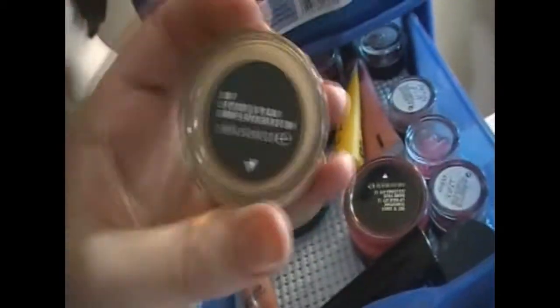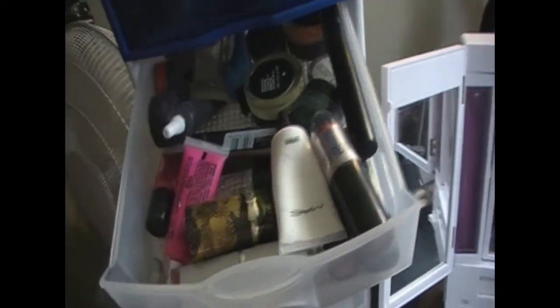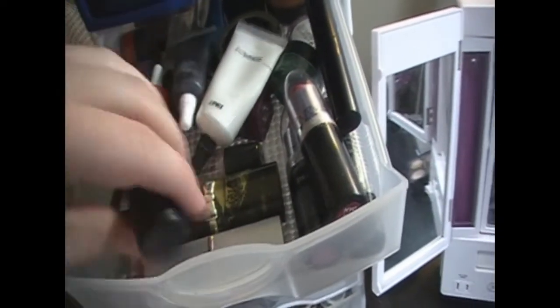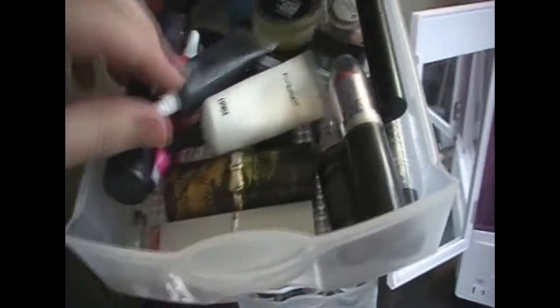I was close. Lip Erase from MAC Pro, basically concealer with a lip balm in it. Then this right here is a combination of multiple different lipsticks, lip mixes from MAC Pro, lip tars. I mean, just kind of a combination. I'm not going to sit and go through each lipstick and do all that. If you guys want me to go in detail on the different lipsticks I have, I can, but it's almost